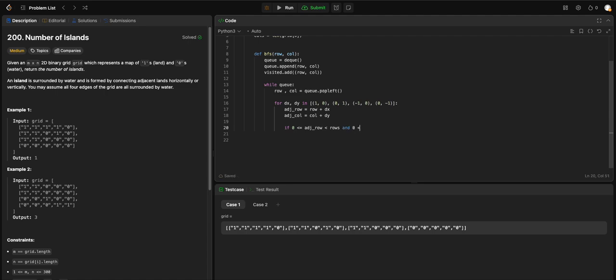Same thing for the adjacent column. Okay, and if we have not already visited, right, this adjacent row and column,